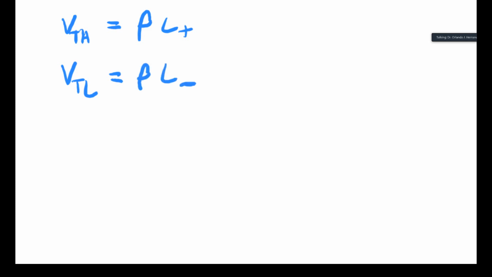So let's look at that, and just here we have a fresh screen. So restate the fact that VTH is beta L plus, and instead of minus VTH, I'm just going to change that name to VTL. That's the low threshold. That's the one on the left side of the transfer characteristic curve, and that's going to be beta times L minus. So that gives us that square wave generator, and you saw how we were essentially integrating that